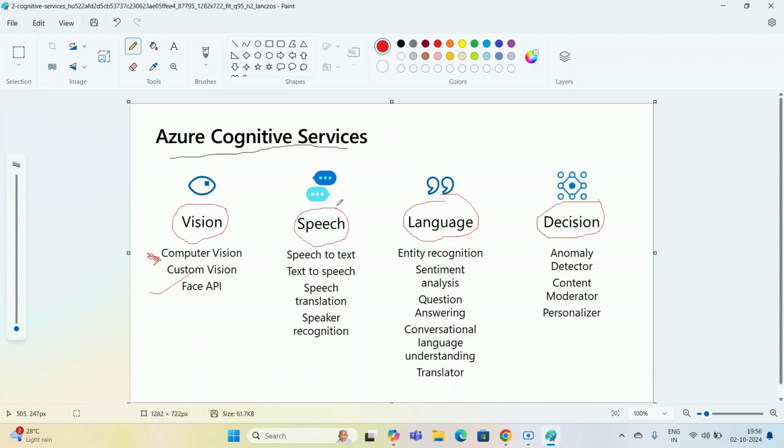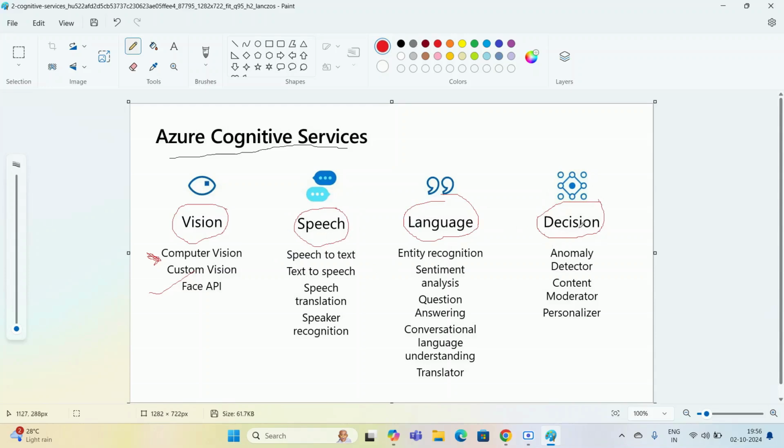Speech to text: again, the computer cannot speak, so we have to teach the computer about speech services. Then only can the computer recognize the voice or translate the text. We have the language services as well, like question answering, translating the voice or speech, or extracting some speech from the video.